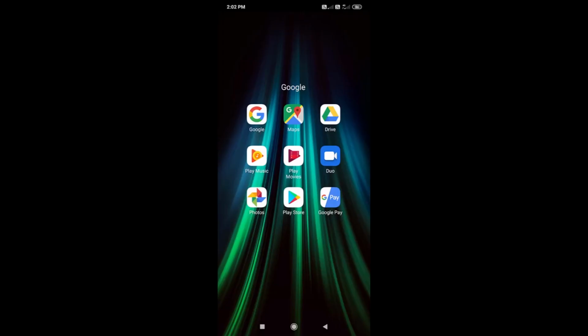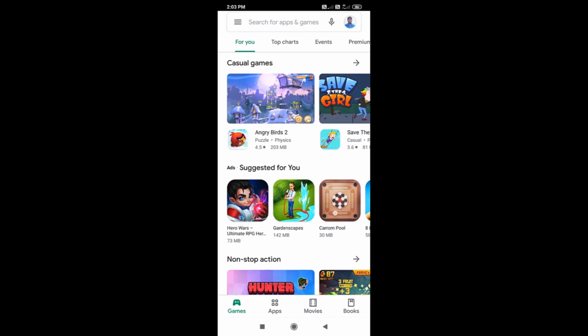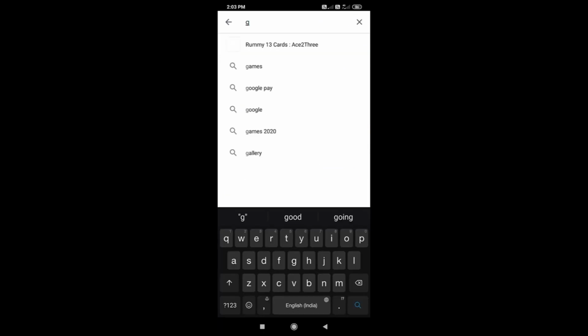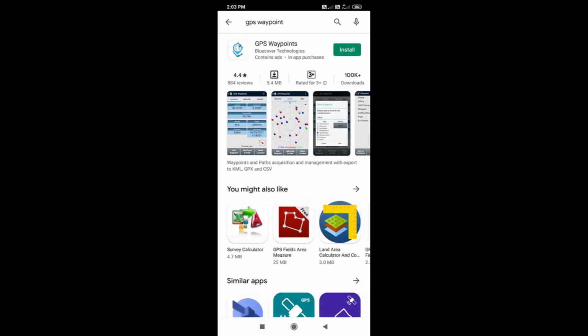Go to Google Play in your mobile and search for GPS Waypoints. You can see the GPS Waypoints app. It is a free application. Install it on your mobile by clicking on install.